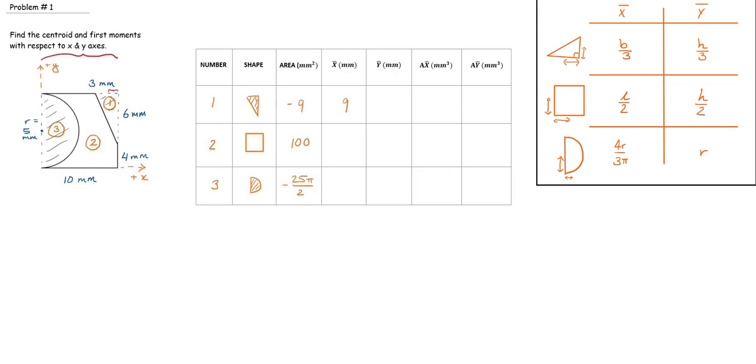We do the same thing for y bar. The height, which is 6 millimeters, divided by 3 gives you 2 millimeters. 10 minus 2 millimeters gives you 8 millimeters. For the next two columns, we multiply the area times the x and y coordinates of the centroid. So this gives you